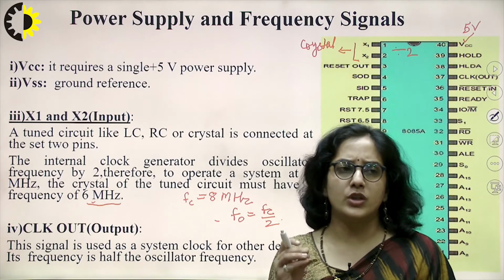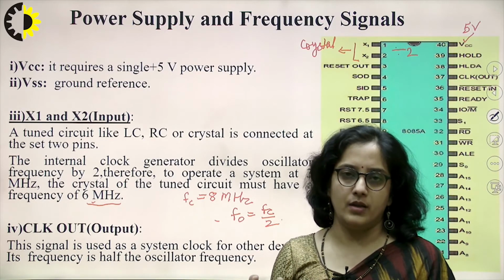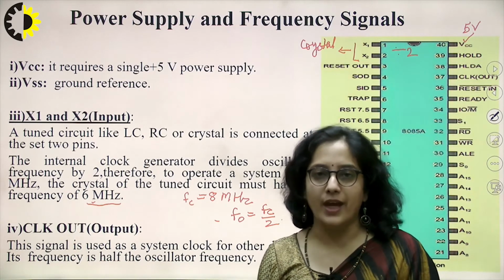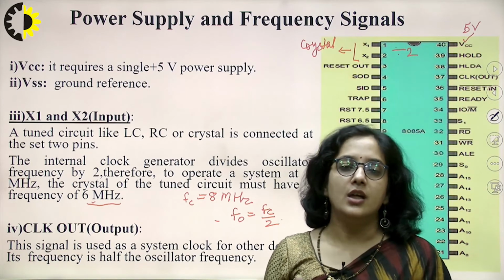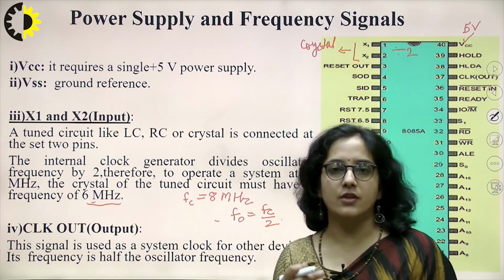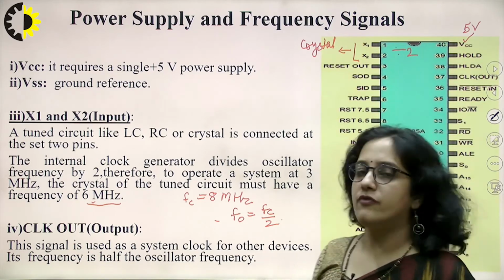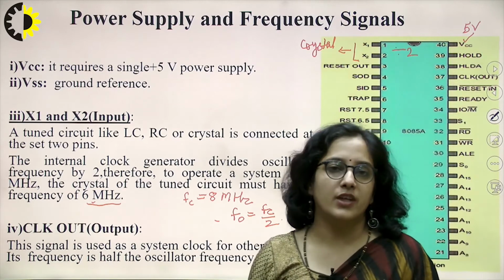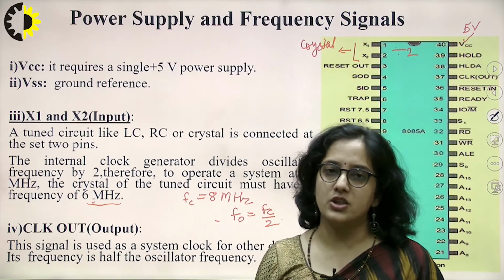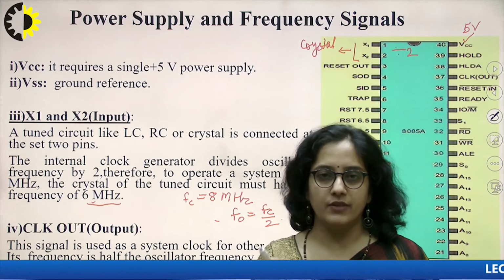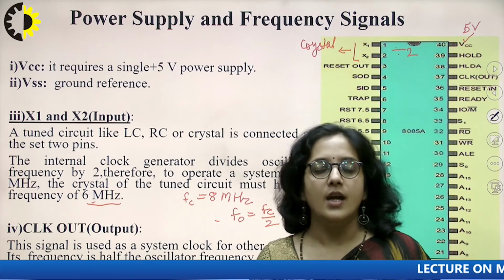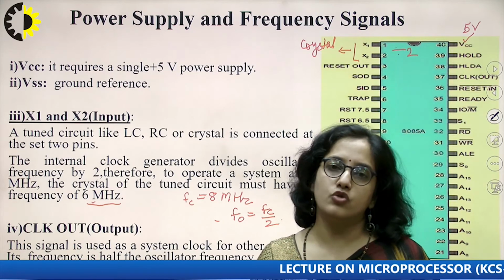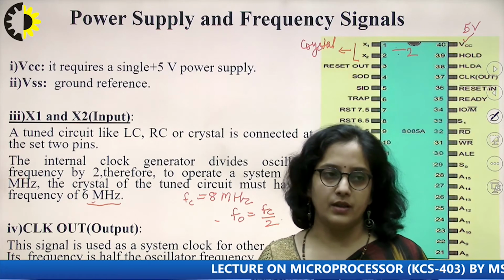We can't fix it to 3 megahertz, it is in the range. But for 8085, because there are different versions of 8085, this range varies. So, depending on that variation, we can choose the crystal frequency, but all the 8085 variants have this frequency divider. So, we have to choose it from the data sheet. The data sheet is available with each microprocessor. Whenever we purchase any microprocessor, the data sheet will be available from the manufacturer, and from that we can choose the crystal.